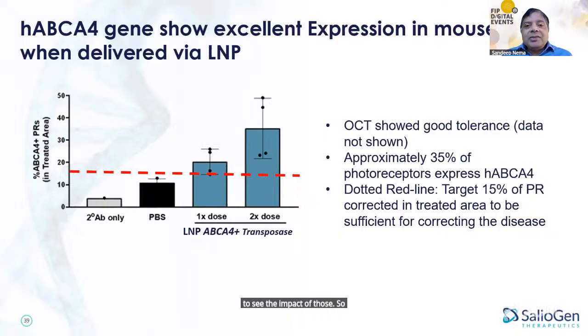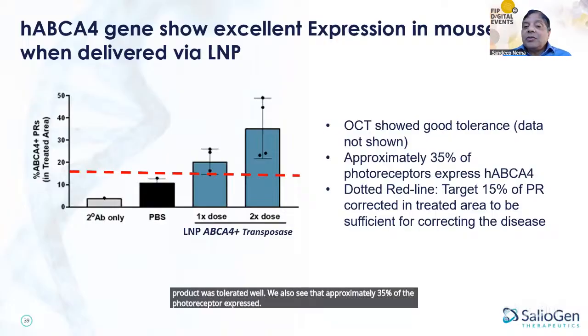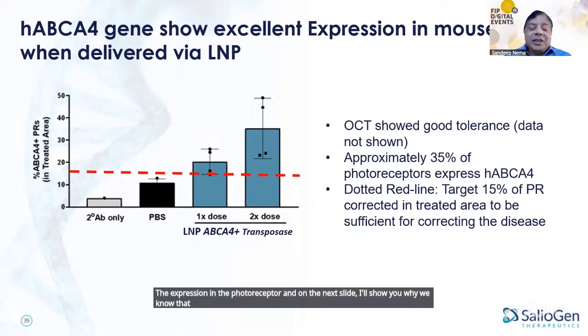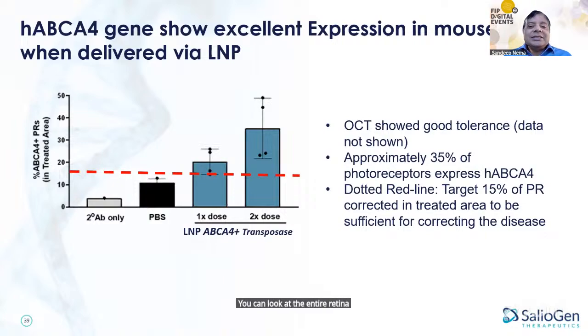So a couple of things that are apparent here is that OCT, which is the optical coherence tomography, shows that the product was tolerated well. We also see that approximately 35% of the photoreceptors express ABCA4. So that's very good, that you actually see the expression in the photoreceptor. And on the next slide, I'll show you why we know that it was expressing in the photoreceptor, because you can look at the entire retina and get the numbers, but you don't know which particular cell type